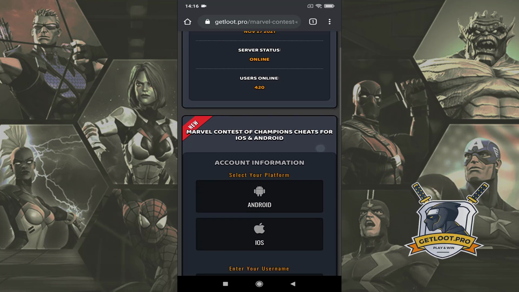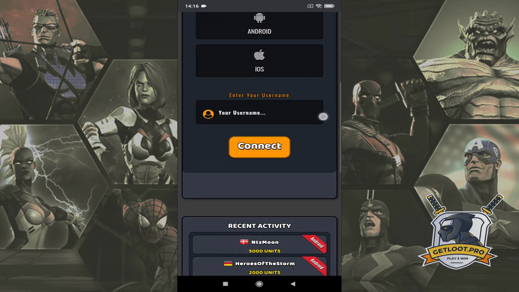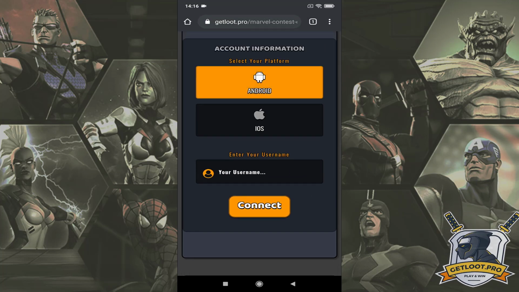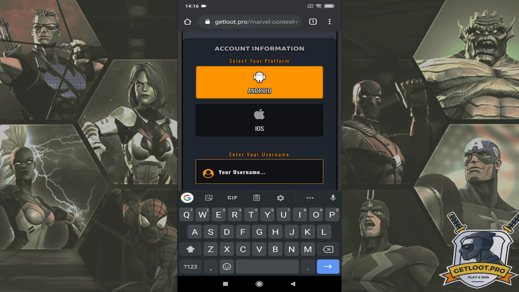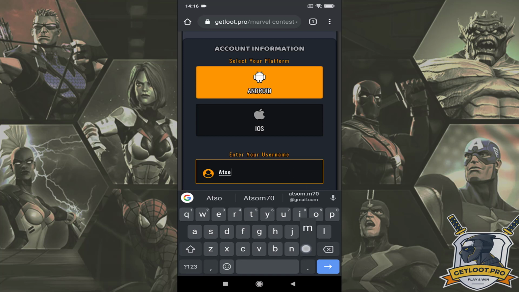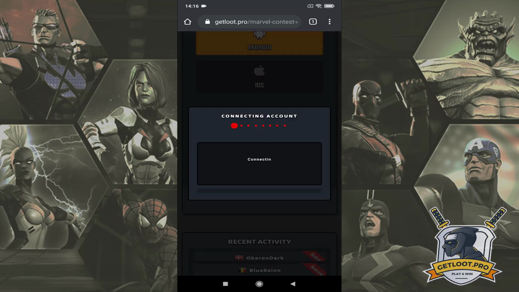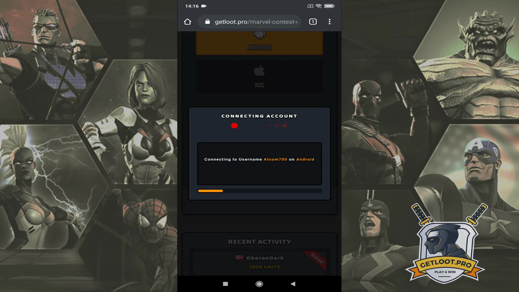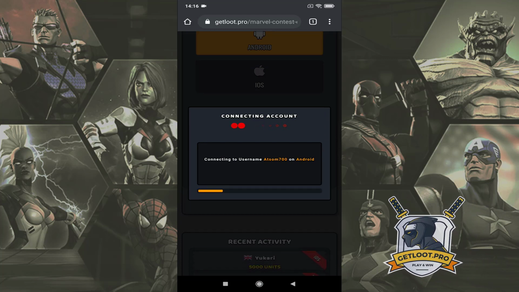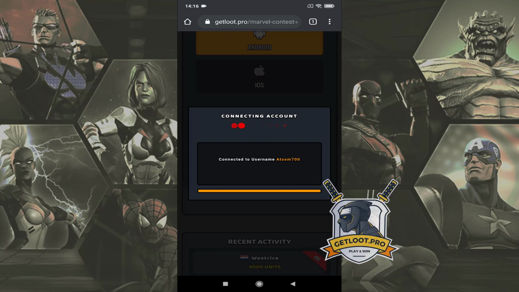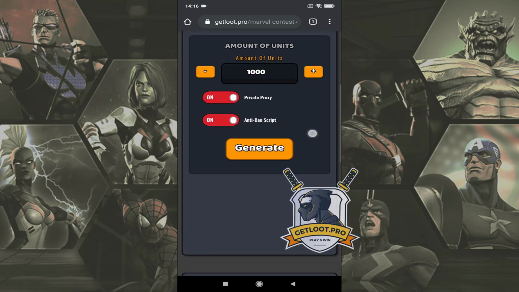Enter all the necessary information and click the connect button. Select the amount of resource and click